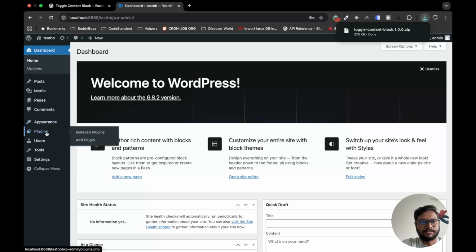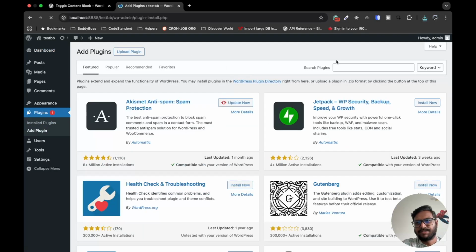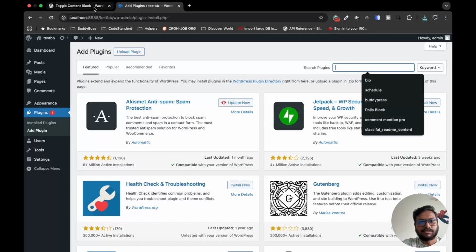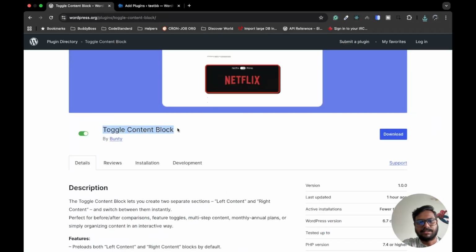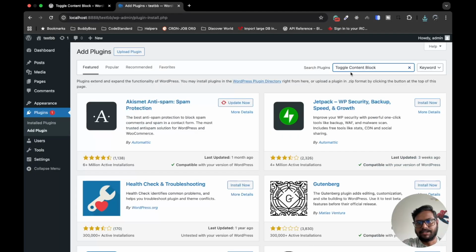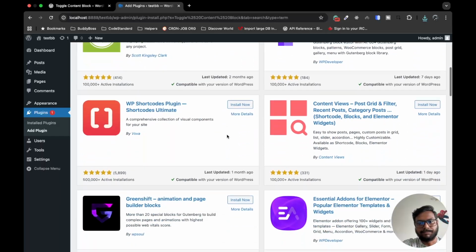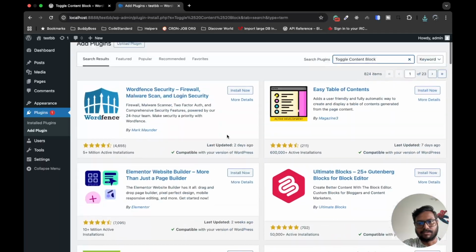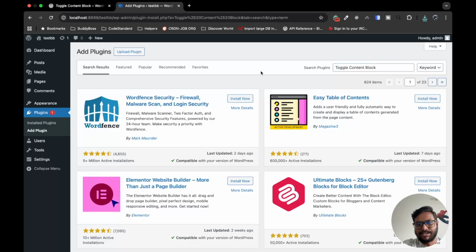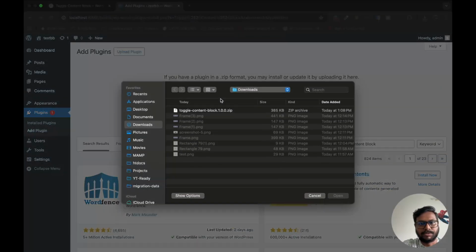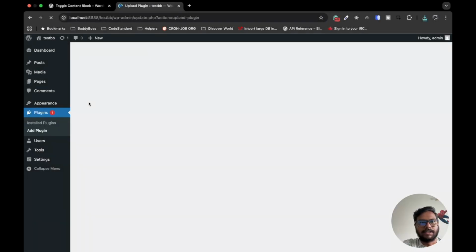Okay, now let's install this plugin. I'm doing this because I am not sure this plugin comes under the search over here. So if I try to search this, I don't see any plugin based on this keyword, like there are many other plugins. I'm not sure if that is only mine or not, but sometimes my plugins are not there in the search result. So I'm gonna just simply upload this plugin over here and let's install it